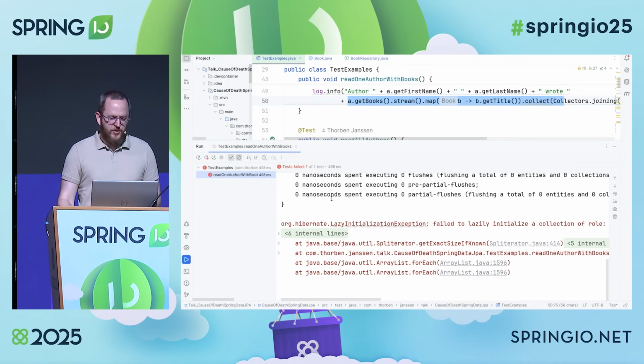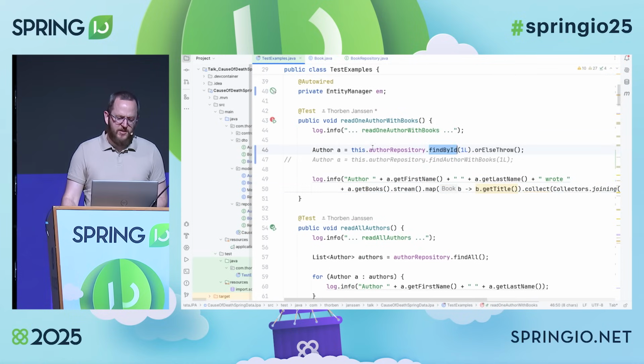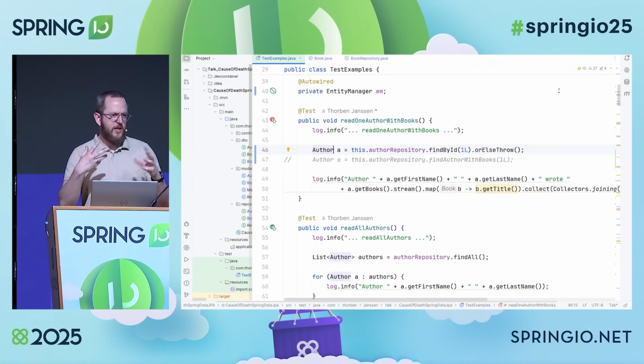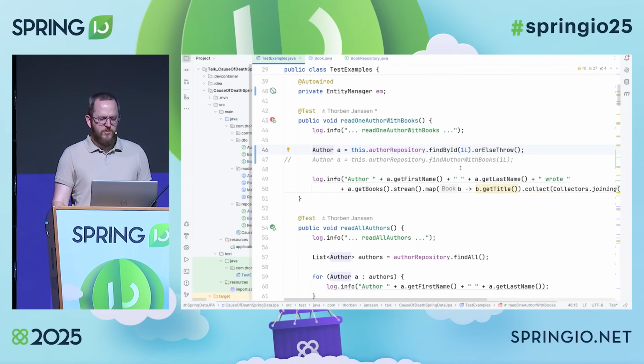This thing shows up every time. And the problem is always the same. We fetched an entity somewhere up here, and then outside of our transactional context, we actually lose the connection between the entity and the session that fetched that entity from the database. And due to that, the lazy fetching, so the initialization of this list of books, no longer works.